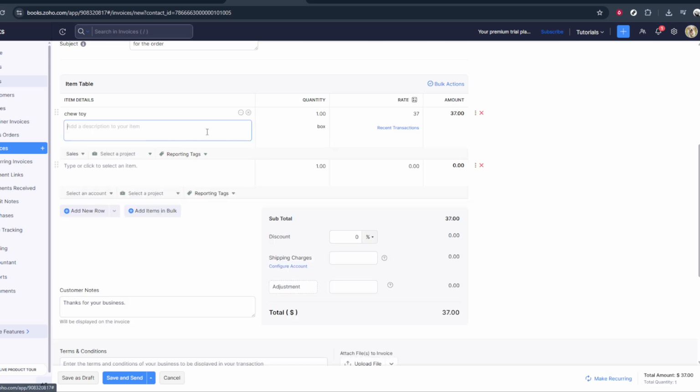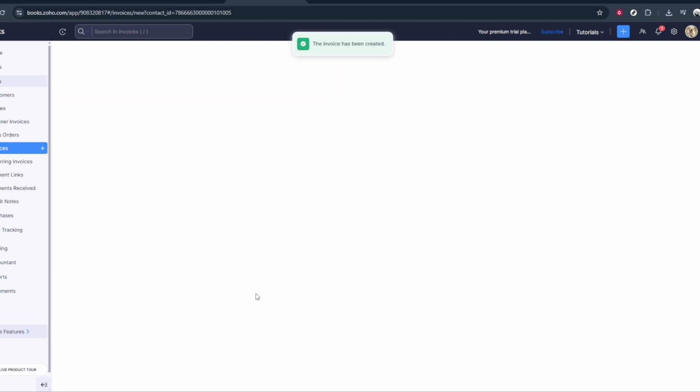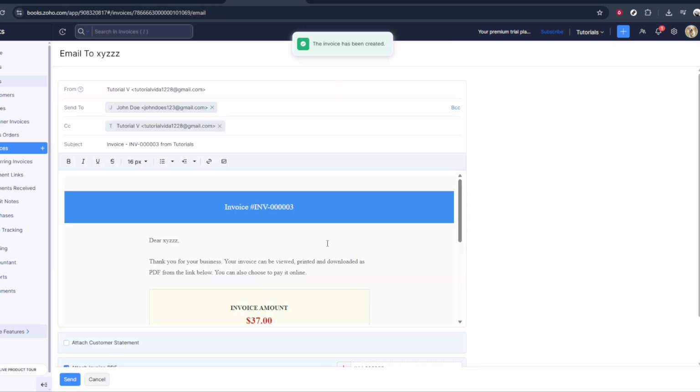Once you're happy with all the details, click on Save and Send. This will save the invoice in Zoho Books and send it to your overseas customer by email, allowing them to pay using the methods you've enabled. After they pay, you'll be able